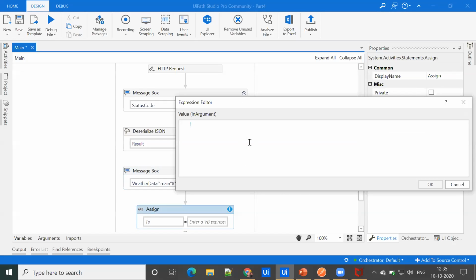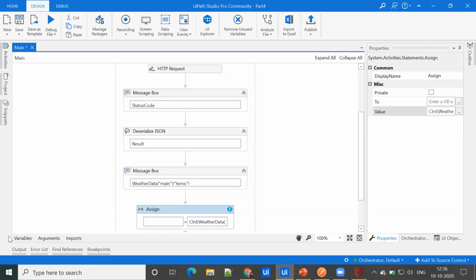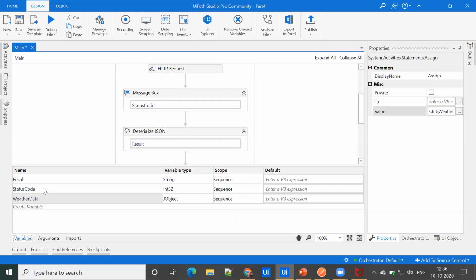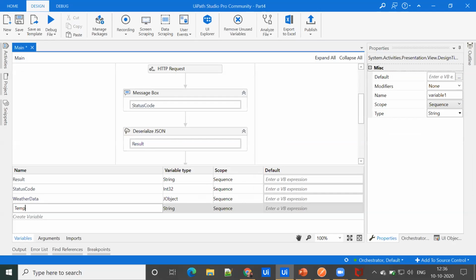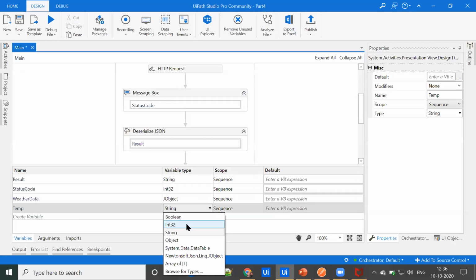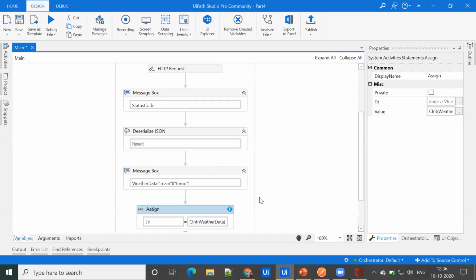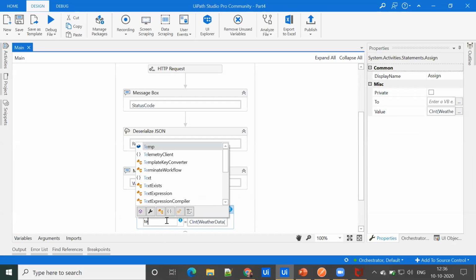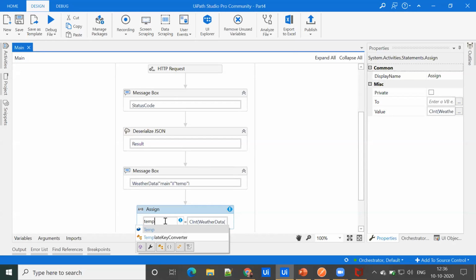We are going to use CInt to convert it into integer format, and we will be passing our Kelvin temperature. And we will be storing it in a variable. So let's create one variable, temp, select the type as integer, and assign this to temp.